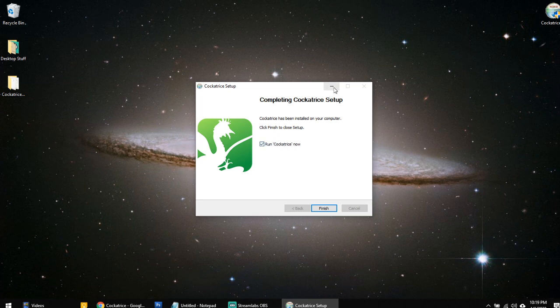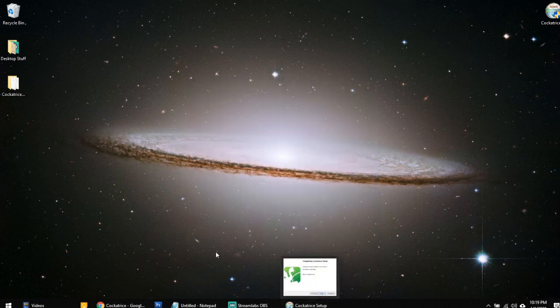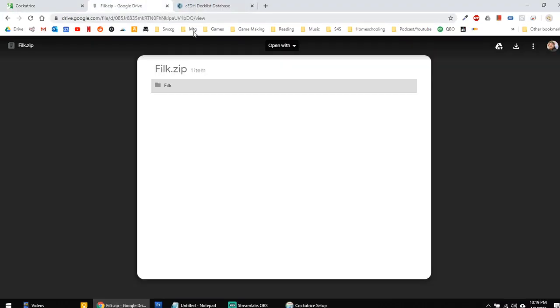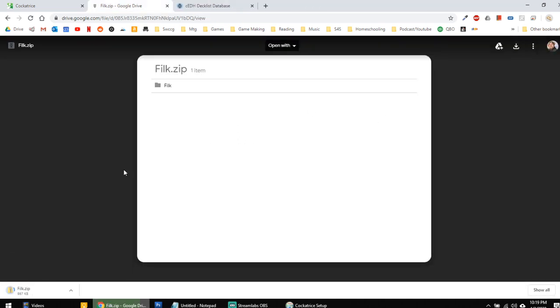So before I run it, I'm going to minimize that, and we're going to go back, and we're going to go to this web address, also in the description below. We're going to download this file. Don't click on this folder. Click on the download button over here. It's very small, opens really easy. Then we're going to click open on it,